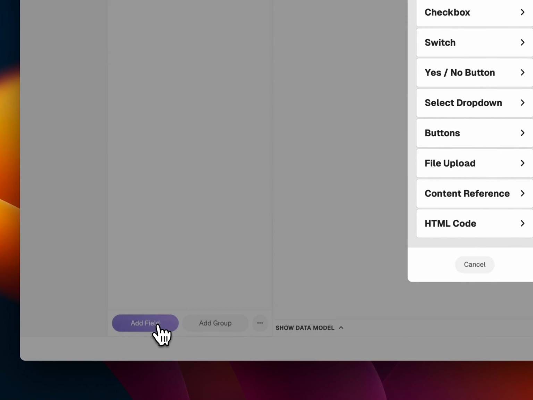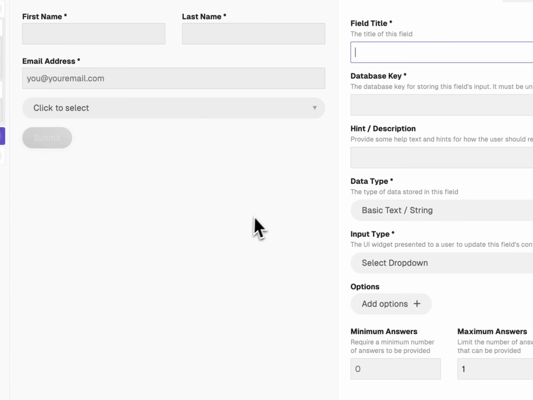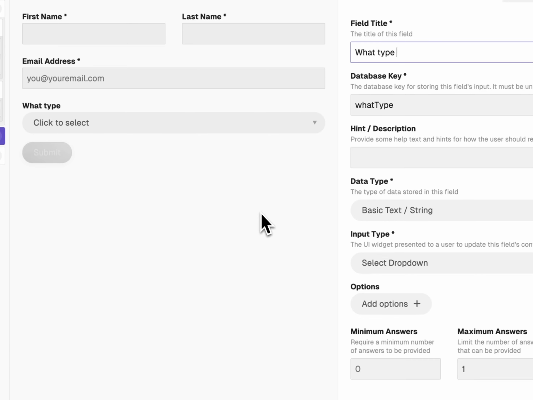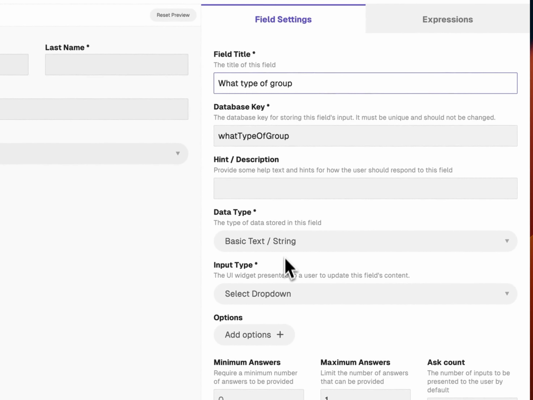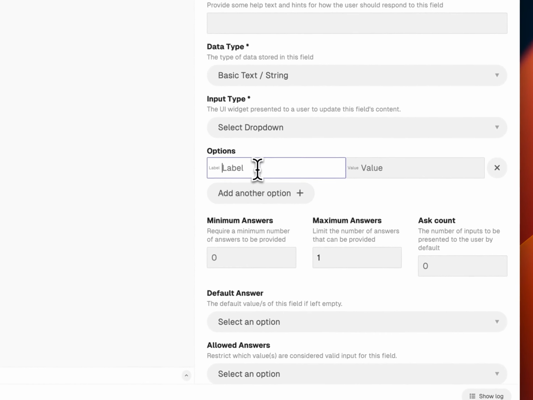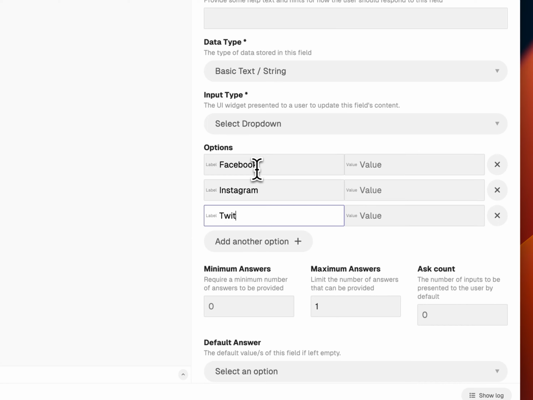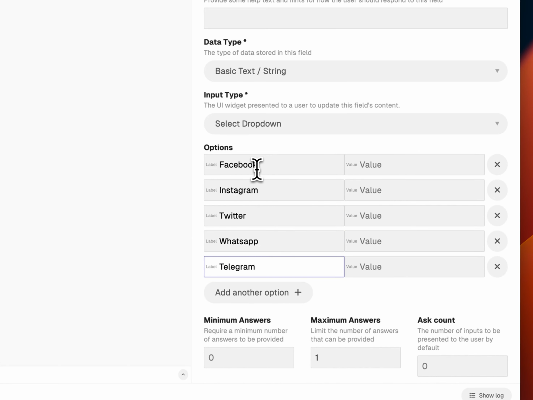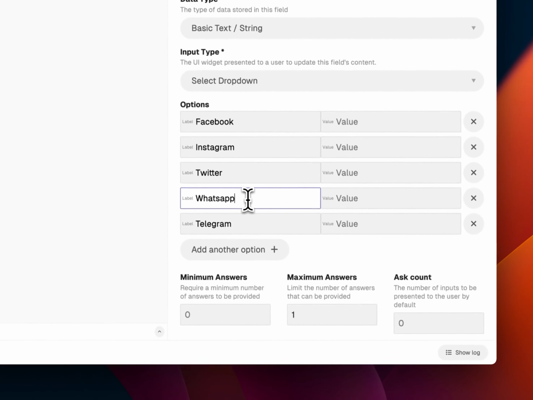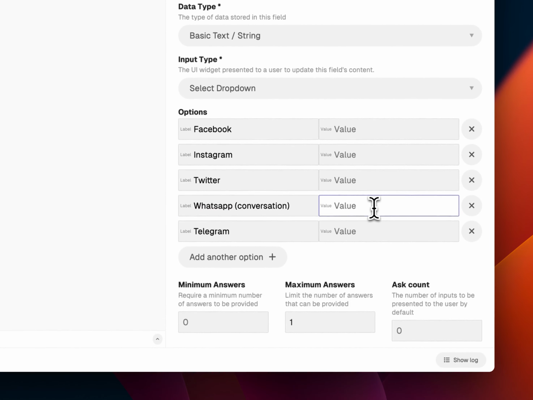I'm going to add a new field. We're going to select a select drop down, and this is going to be what type of group over here. And then we're going to go to the options here, and we're going to add Facebook, Instagram, Twitter, WhatsApp, Telegram. And here we can put in, like, I don't know, some extra details into the label, but we can set the value to be